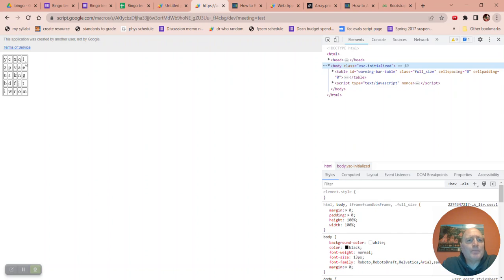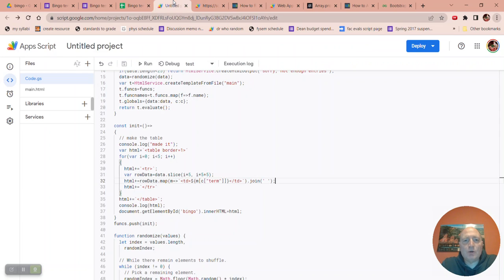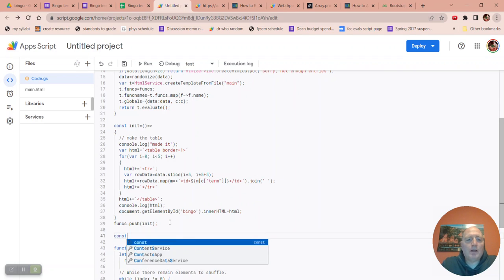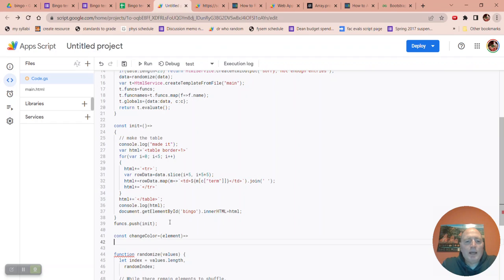But it works. So the idea would be if someone were to click on something, it could turn a different color. So now we need to build a function so that if somebody clicks on something, it turns a different color. So what I want to do is make a function called changeColor. And it'll take an element. And what it'll do is it'll say, okay,